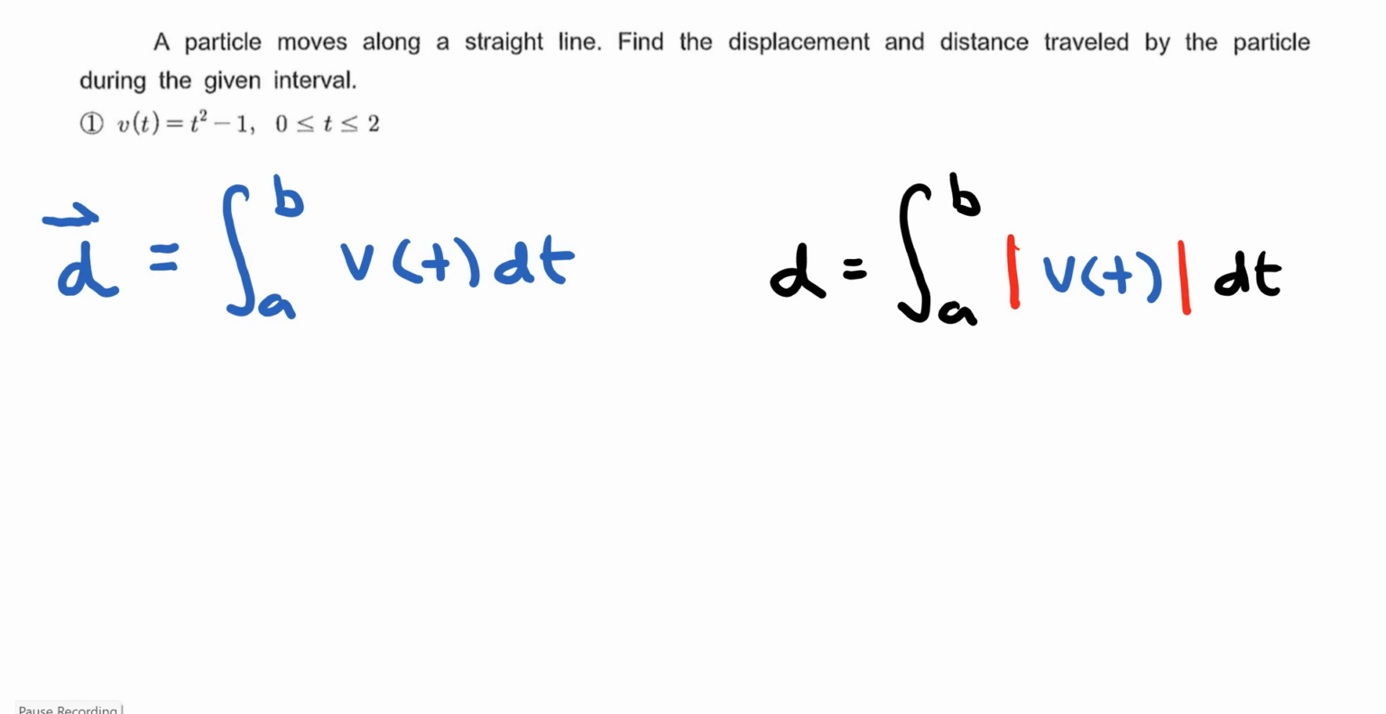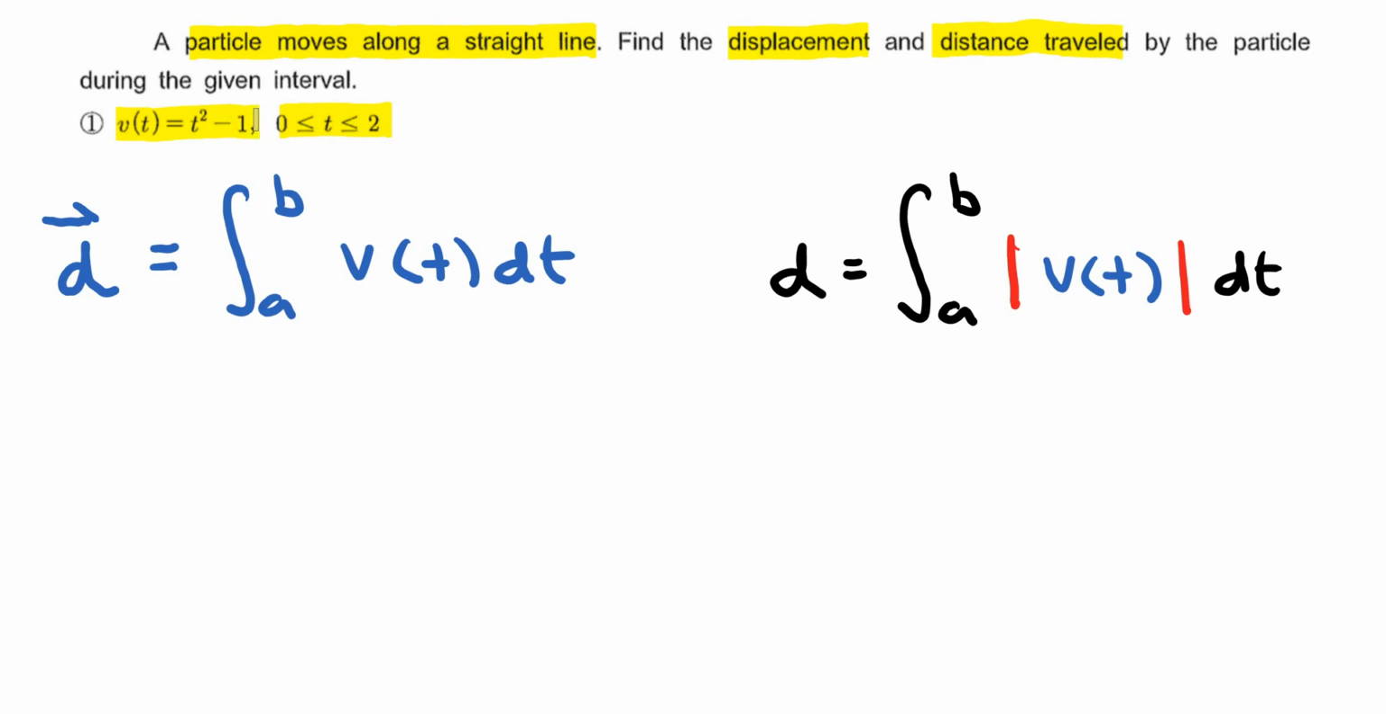Let's take a look at some of these physics application problems. For this very first question, we have a particle that moves along a straight line, and our goal is to find the displacement and the distance traveled by the particle given the time interval. Our time interval is from 0 to 2 seconds, and our velocity function is v of t equals